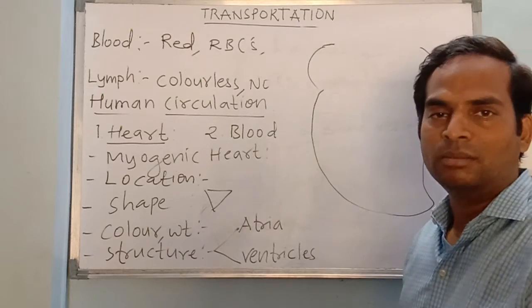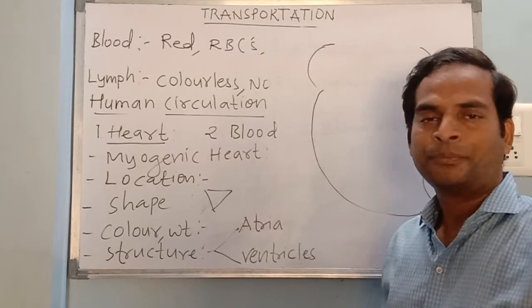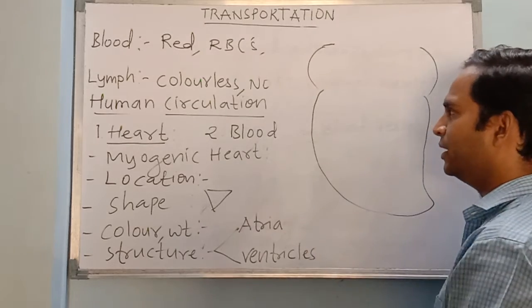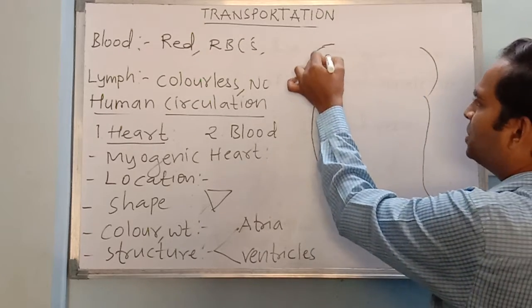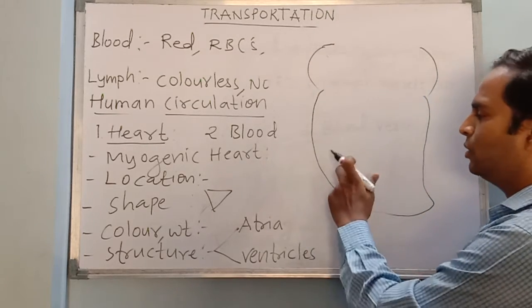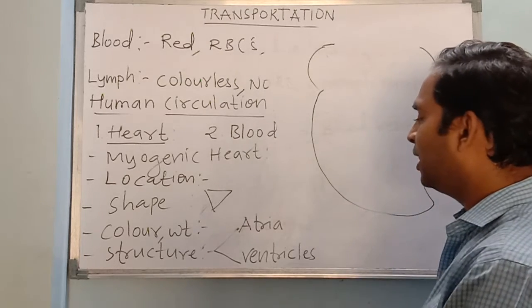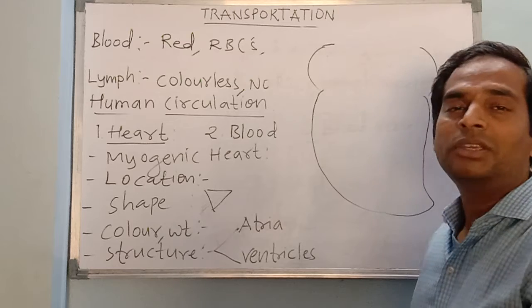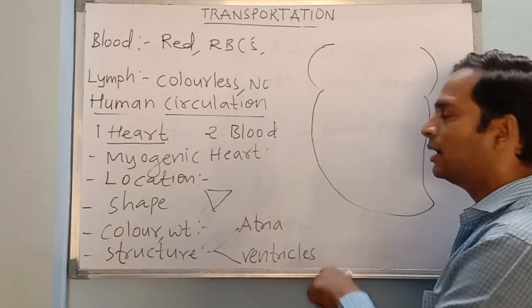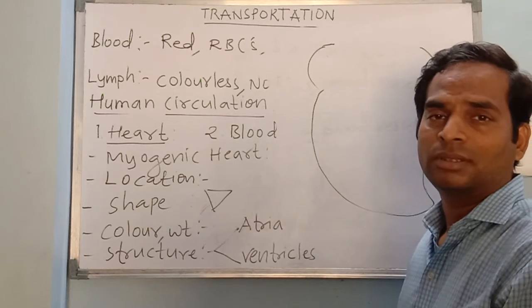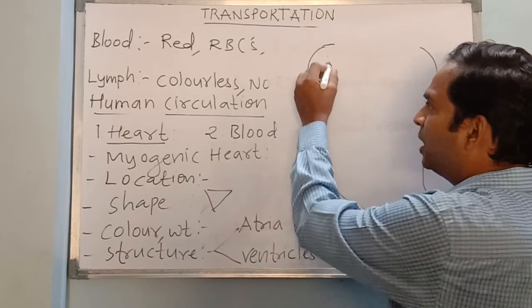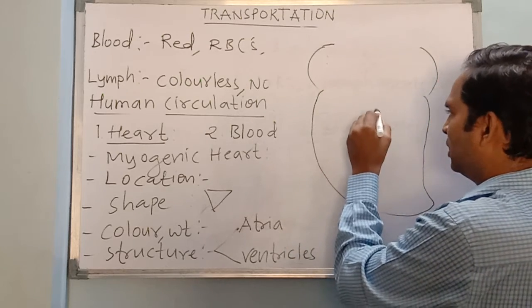Singular number: atrium and ventricle. So there are 2 atria and 2 ventricles. These upper chambers are called atria and these lower chambers are called ventricles. These atria are blood receiving chambers and these ventricles are blood pumping chambers. So upper chambers, lower chambers, and